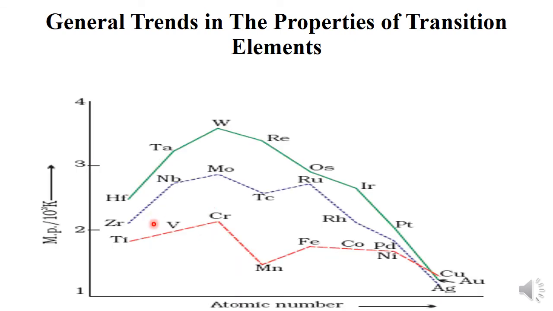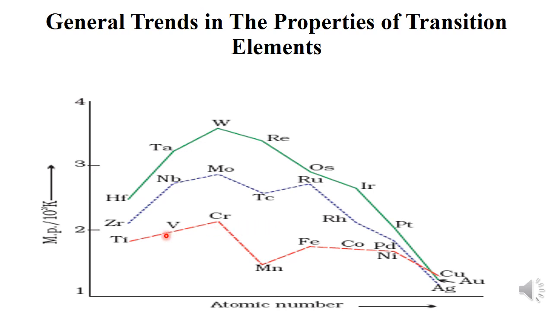So it is clear from this that the melting and the boiling point generally increases up to the middle, then there is a sudden decrease in the melting and the boiling point. It's because of the strong metallic bonds present between the atoms of these elements, as the strength of the metallic bond depends upon the number of unpaired electrons. So greater is the number of unpaired electrons, stronger is the metallic bonding. And because of the stronger metallic bonding, these elements have high melting and boiling points.